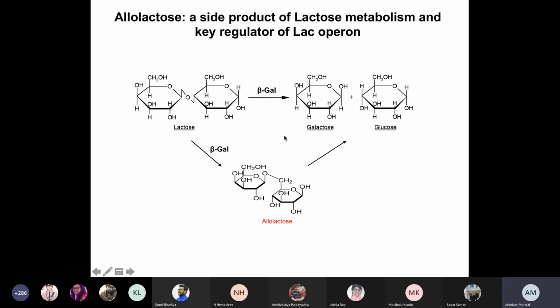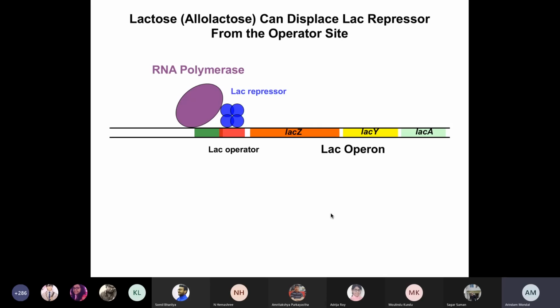Okay, and during this reaction it can produce a particular molecule called allolactose as a side product. So you see, in a straightforward reaction, the beta galactosidase can produce galactose and glucose, but in another course of reaction, the same enzyme can produce allolactose, which will then produce galactose and glucose. So allolactose gets produced as a side product of lactose metabolism, and